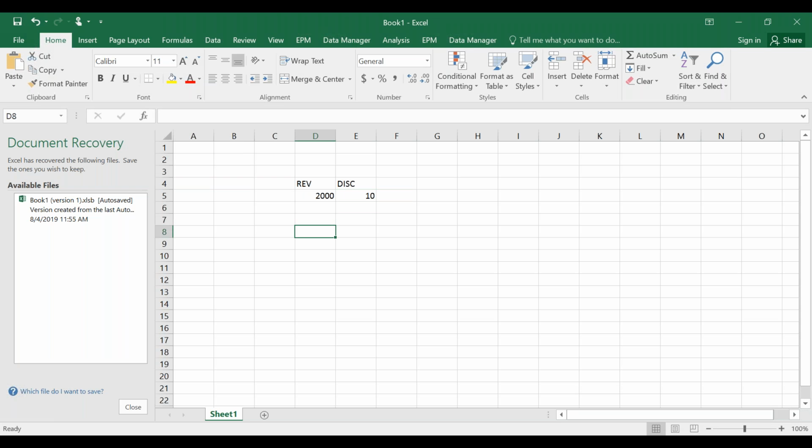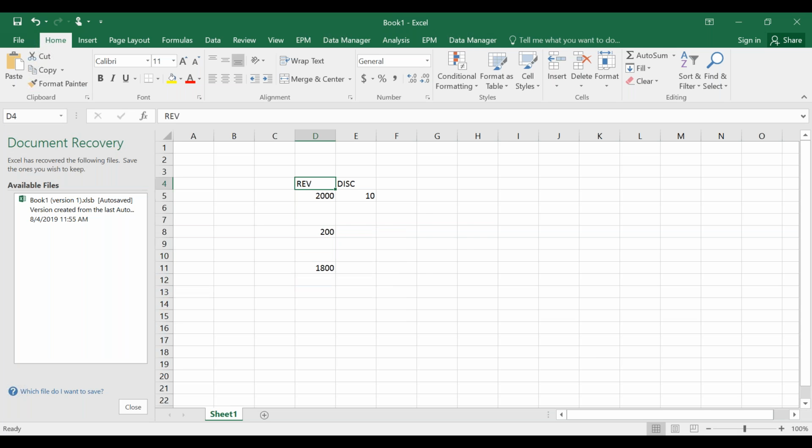So what will be my net amount to the end user? 2000 into 0.10, so 200 will be deducted. So 2000 minus 200 is equal to 1800. This is a simple calculation.